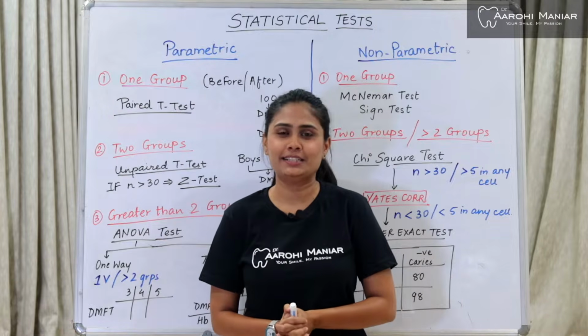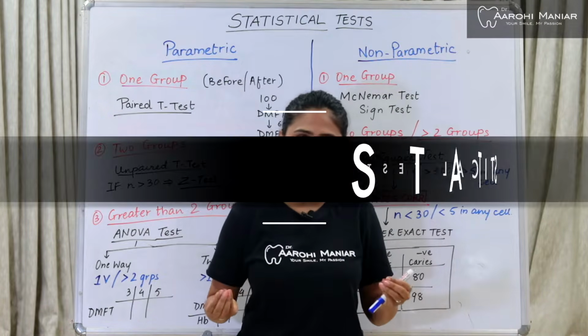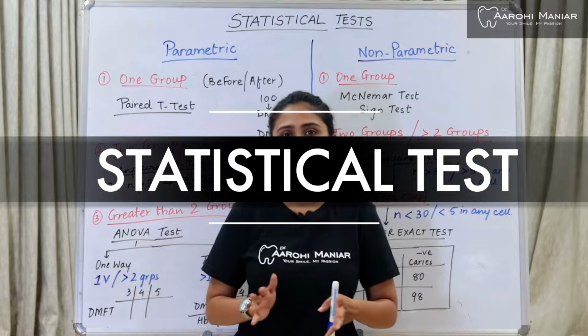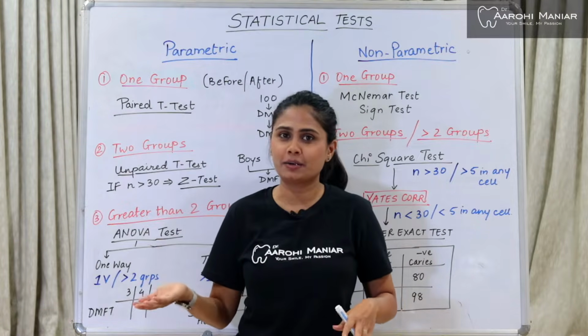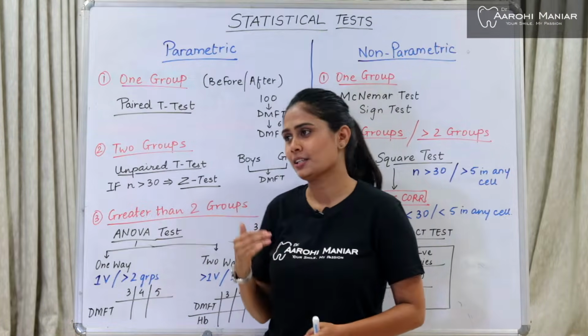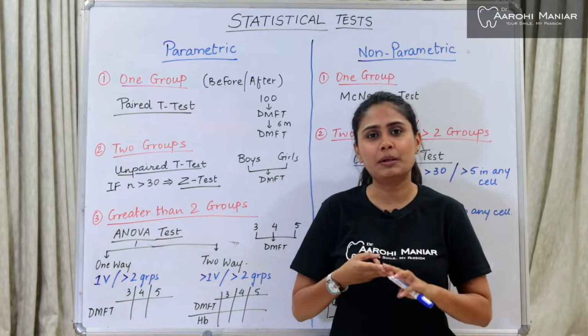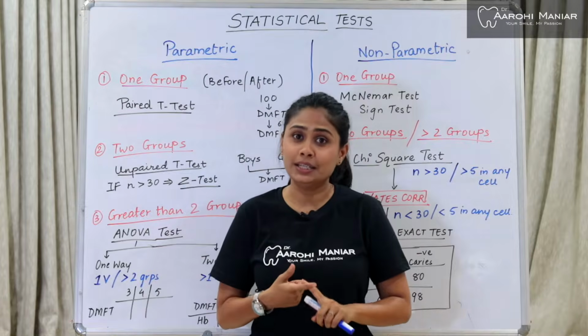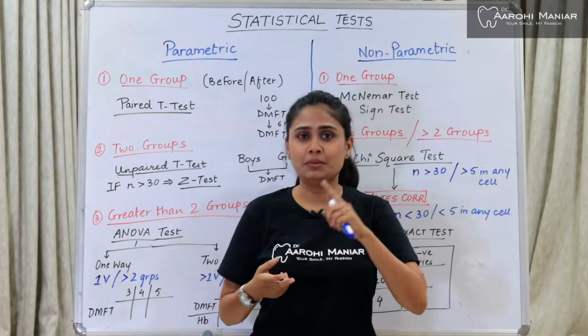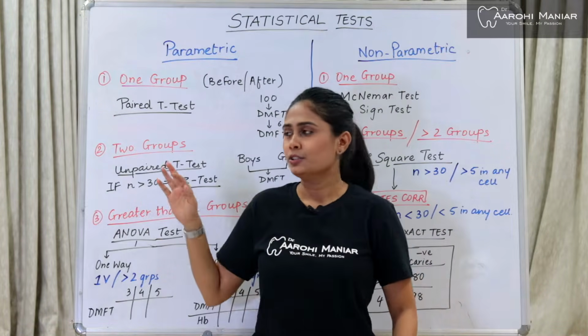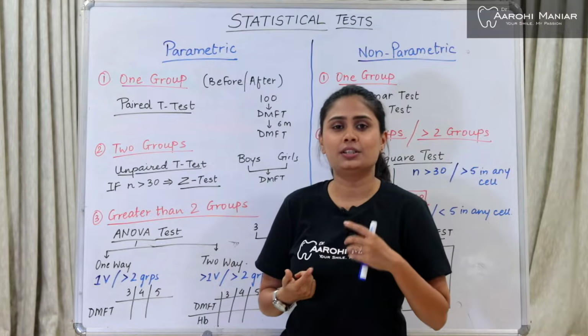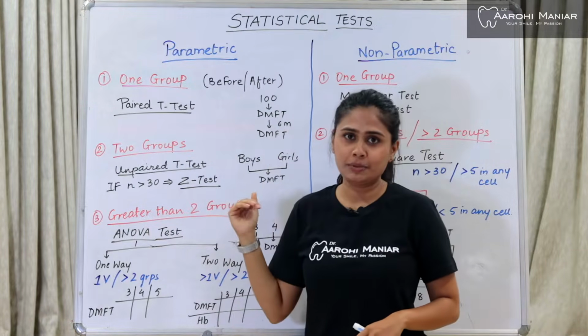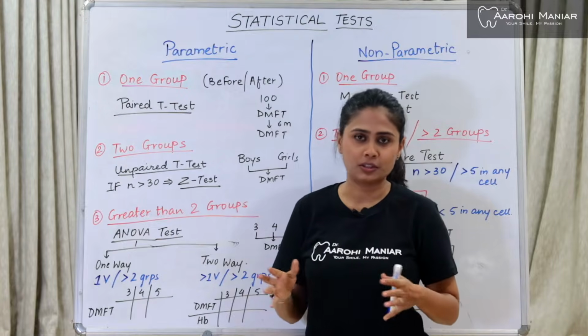So in public health dentistry we are going to study about the statistical test. Our statistical tests are grossly divided into two parts, that is the parametric test and the non-parametric test. In a parametric test we need to remember 3 points: it is a quantitative test. Second, mean is taken into reference, mean, median, mode that we used to study. So here mean is taken into consideration, and third, in our parametric test we have a normal distribution curve, whereas